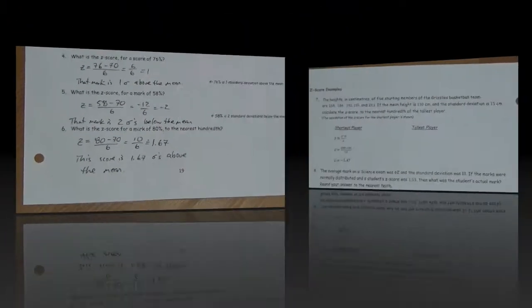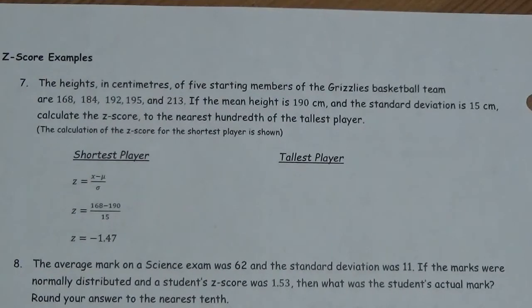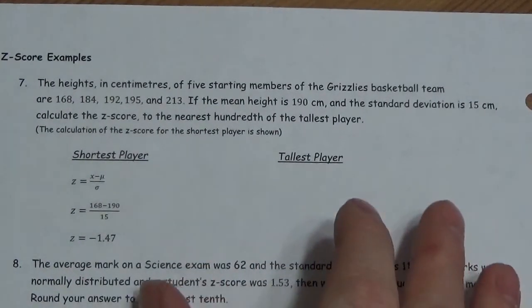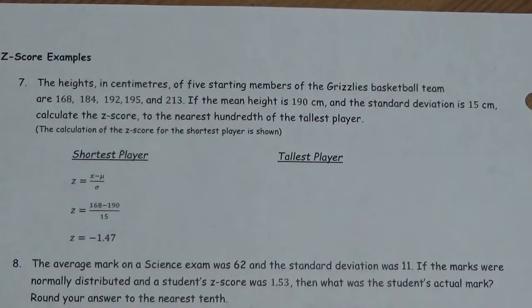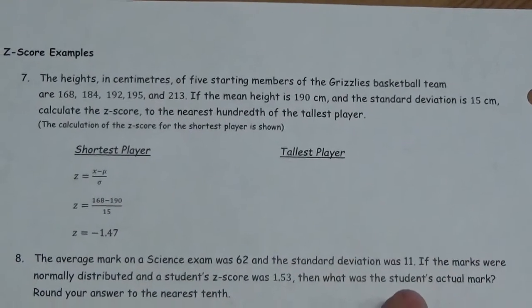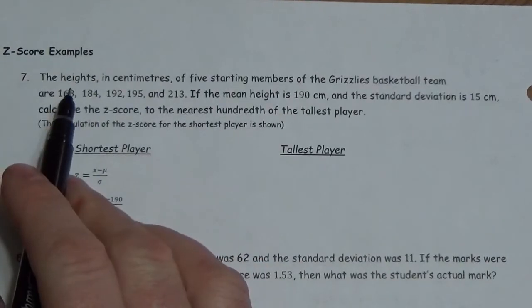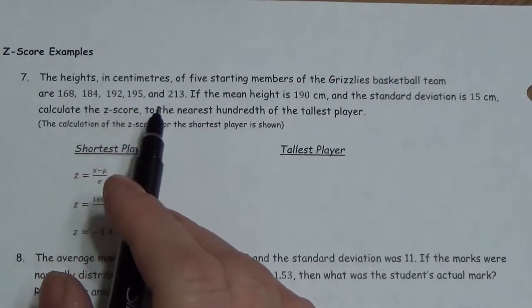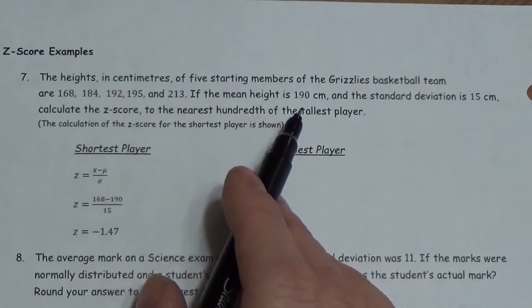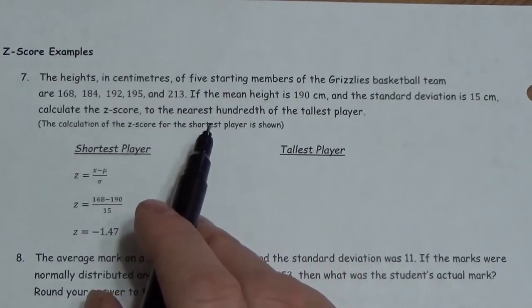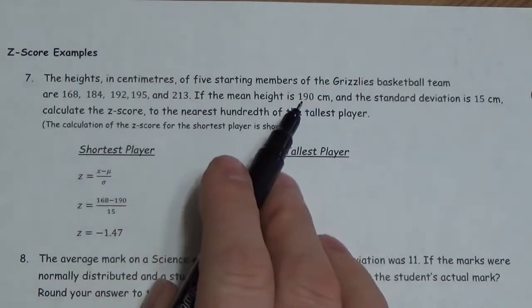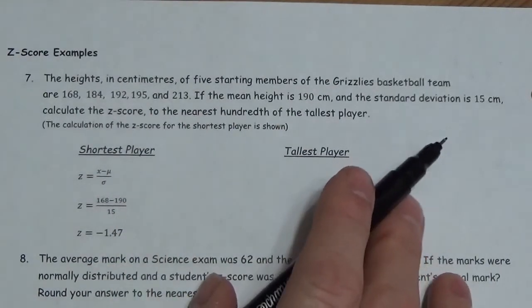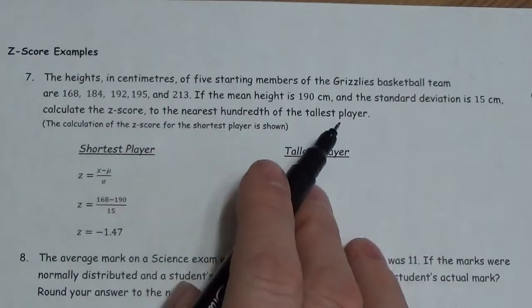Okay, and that gives us a pretty good sense of where that is located, how that would be ranked amongst the other marks. Okay, now just to finish this off, and I know this has been a little bit more of a longer lesson here, but the idea is important, and where it leads to after this is going to be quite interesting. So in heights, the heights in centimeters of 5 starting members for the Grizzlies basketball team are 168, 184, 192, 195, and 213 centimeters. If the mean height is 190 and the standard deviation is 15, what's the Z-score to the nearest hundredth for